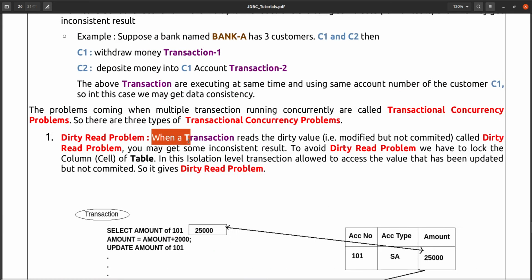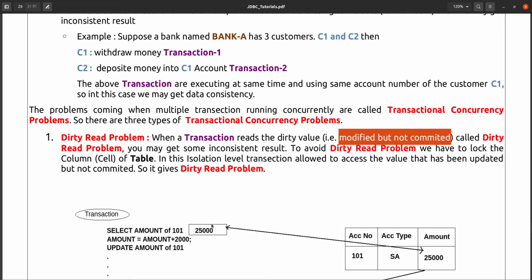Suppose a transaction reads a dirty value, meaning the value that the transaction is reading is modified but not committed. Some transaction is reading some data from the database, and that data is modified but not committed into the database.